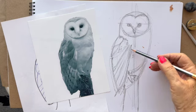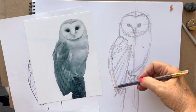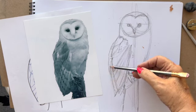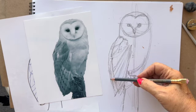He's a bit longer, you know, so I'm going to make this wing a bit wider and longer. I think I'll make it even longer by the time I've ended the drawing. But you can make these corrections. Now,